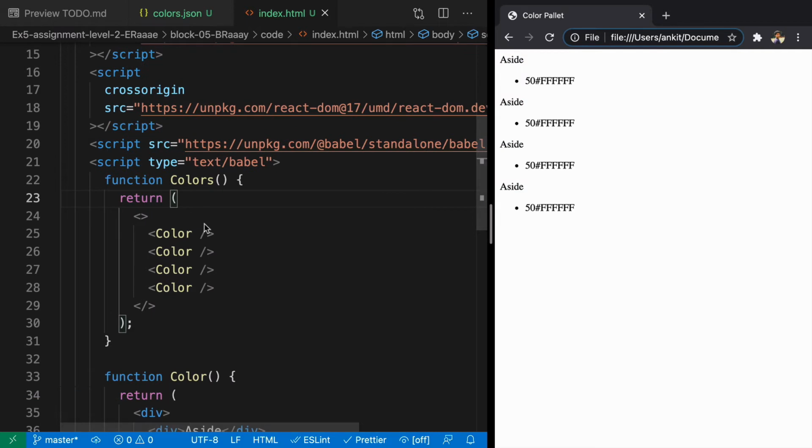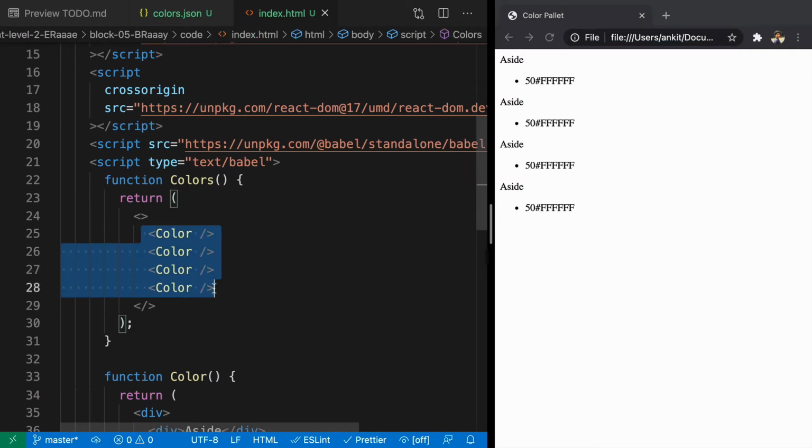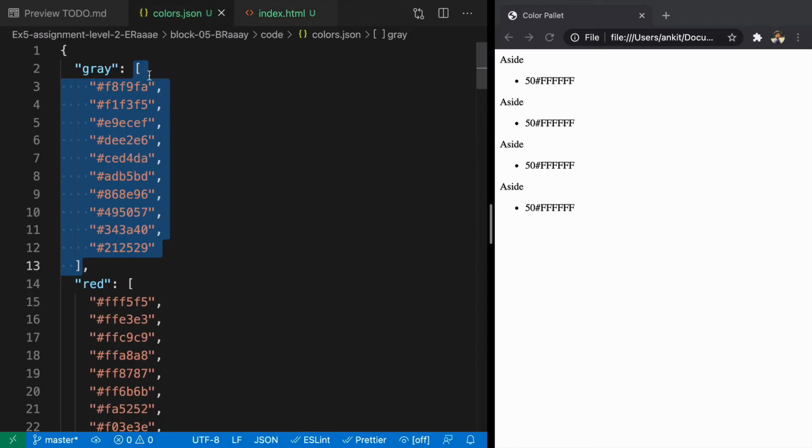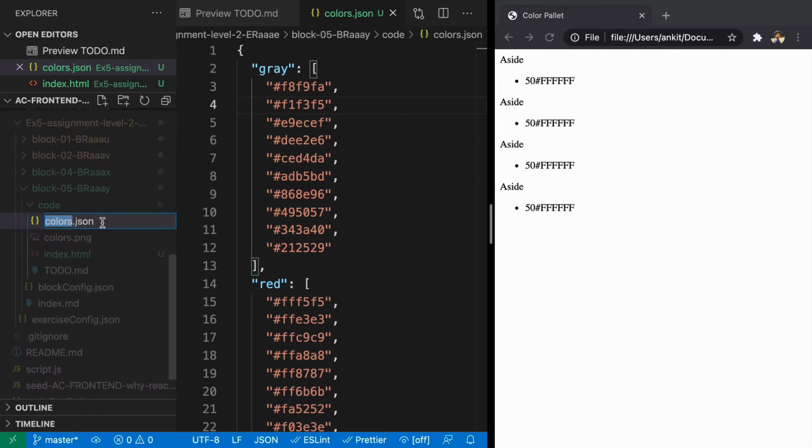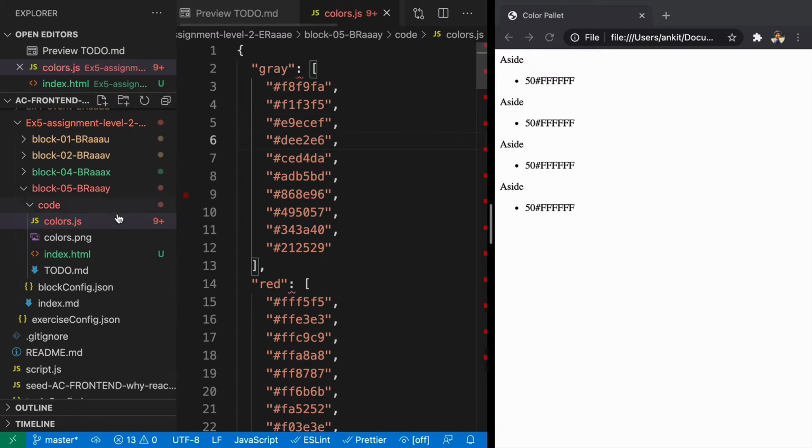Now here, what we need to do, instead of just having 4 Color components, is make it depend on this colors.json file. When you are using Create React App, you can directly import colors.json. But if you are using it in normal HTML, you will have to either fetch it, or you can just convert it into colors.js, and here I'll just create a variable.